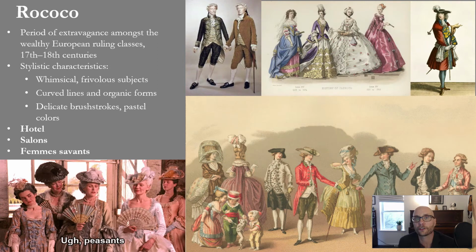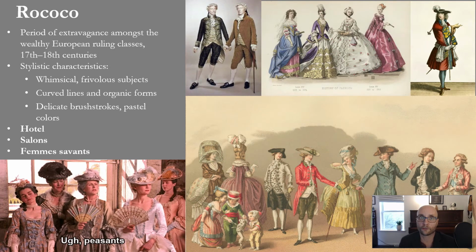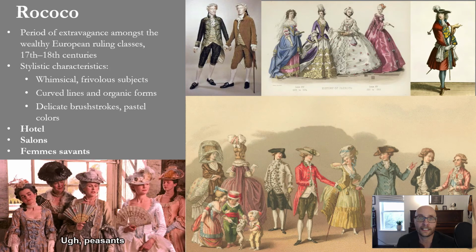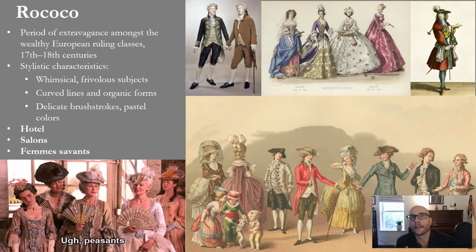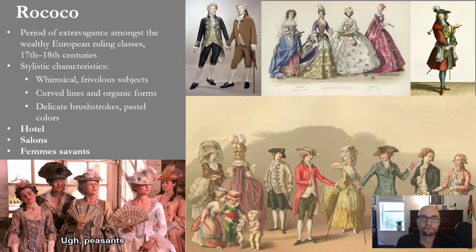And these were women who were highly educated. They often spoke multiple languages. They were trained to play various musical instruments. They were trained to be women of society, women of the court, women who could entertain, who could host parties, women who were intellectual, who could carry on conversations about numerous topics, the events of the day, current news, politics, literature, fashion, whatever it is. And these femmes savantes would host parties that were called salons. And these salons became the center of French society in this period that we call the